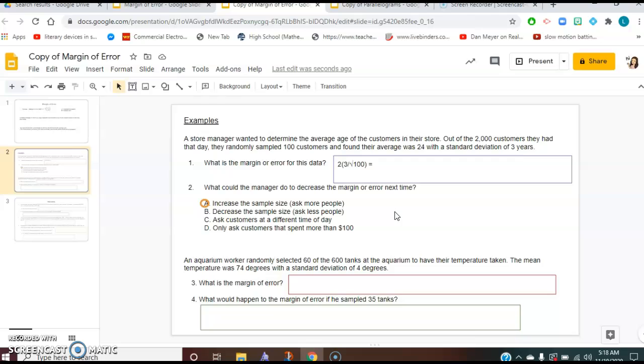All right, so an aquarium worker randomly selected 60 of the 600 tanks. So I need the 60. The mean I don't need. The standard deviation is 4. I need that. So the margin of error is 2 times the standard deviation, which is 4, divided by